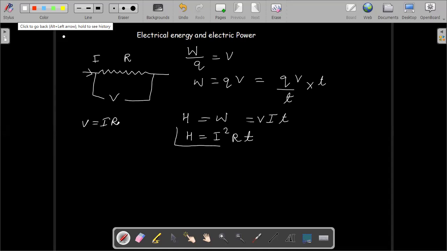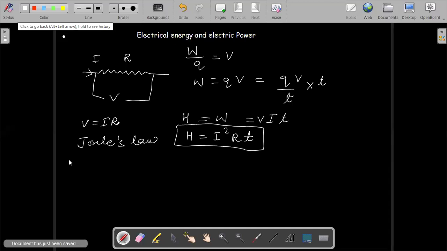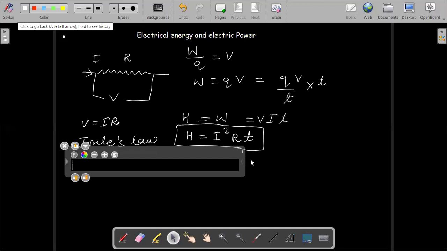This second statement which we have obtained is also called Joule's law of heating. According to Joule's law, the heat produced across a resistor is directly proportional to the square of current